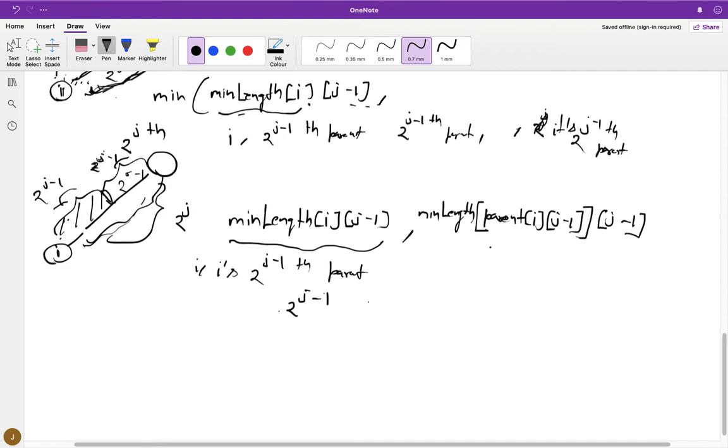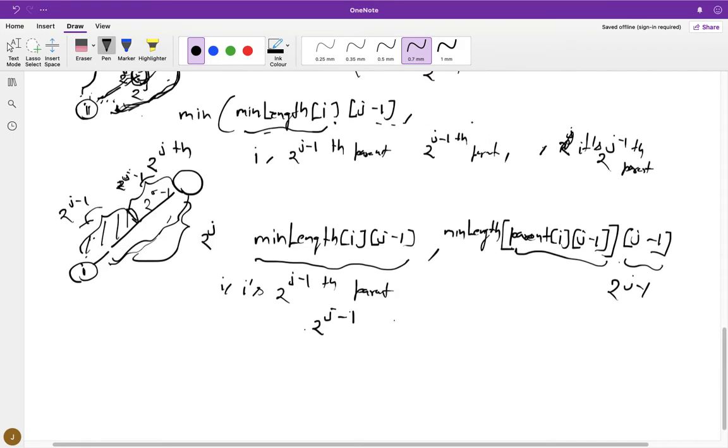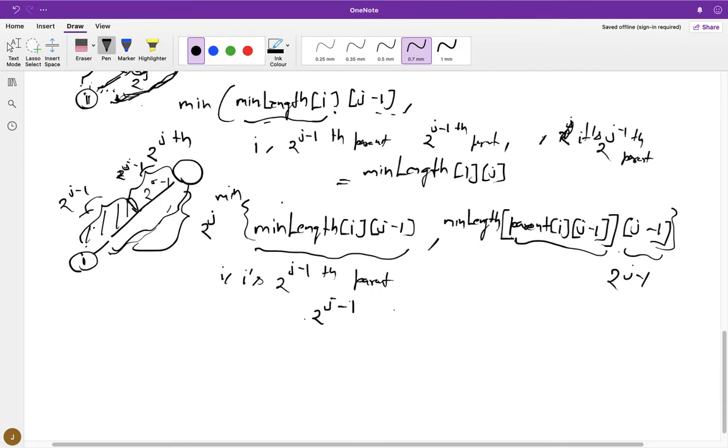The second part starts with that parent and covers the next 2 power j minus 1 number of nodes. So to build min length ij, we are going to simply take the minimum of these two values.